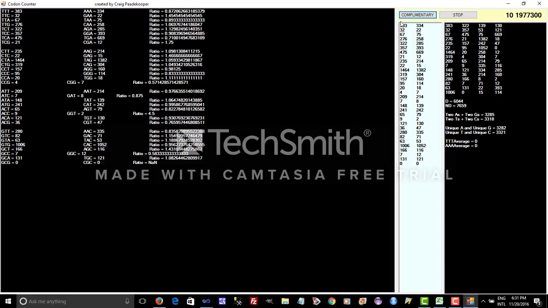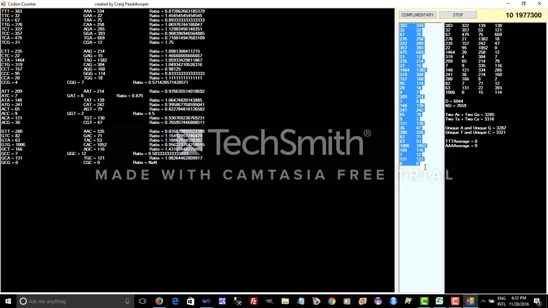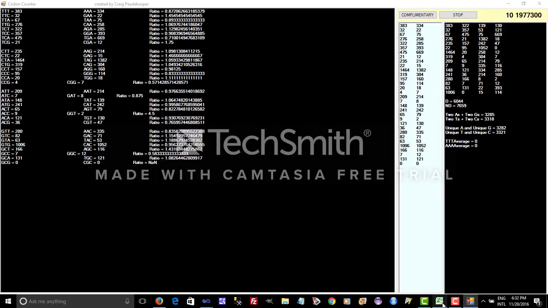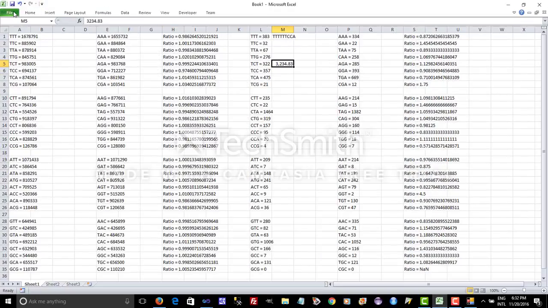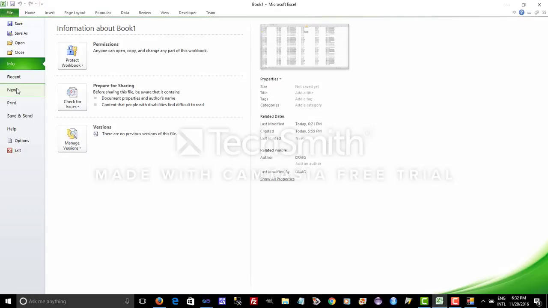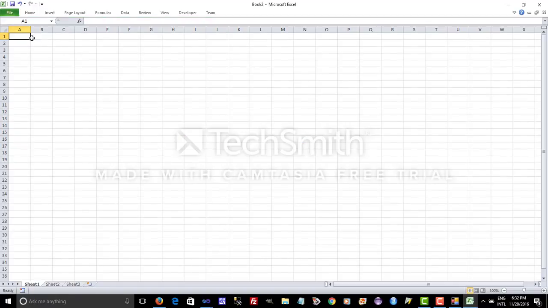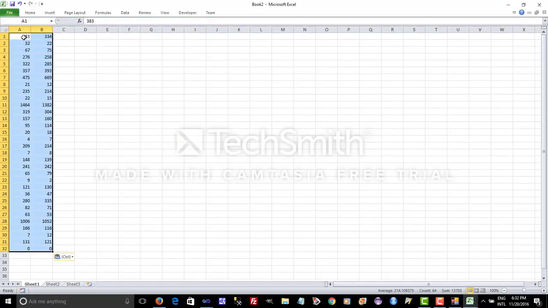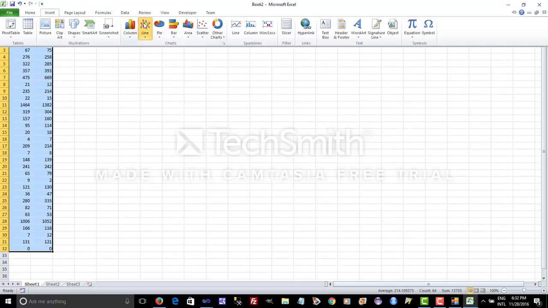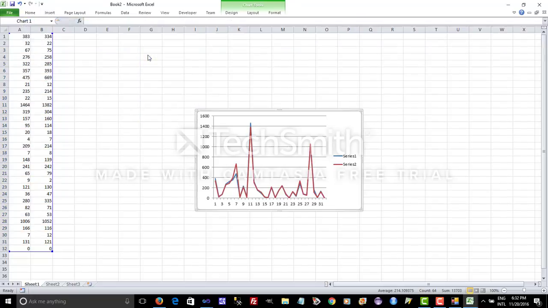It's finished now scanning chromosome 10, so we're going to copy the frequencies of the codon strings and their complements, and we're going to paste it into Excel. So we need to create a new spreadsheet, and what we're going to do then is simply look at the line chart for that. Now if we make this bigger,